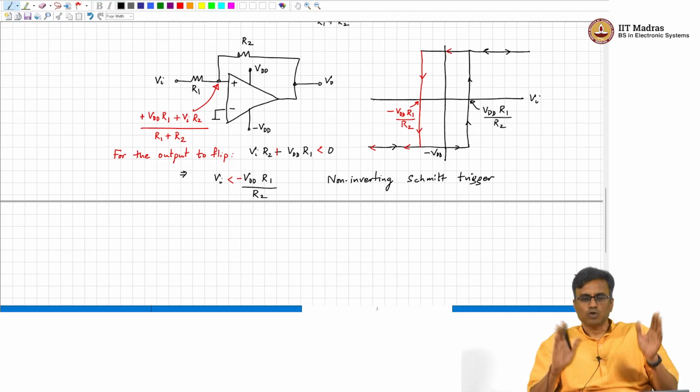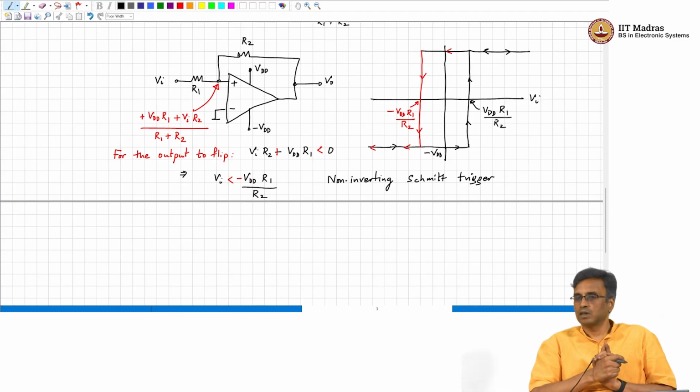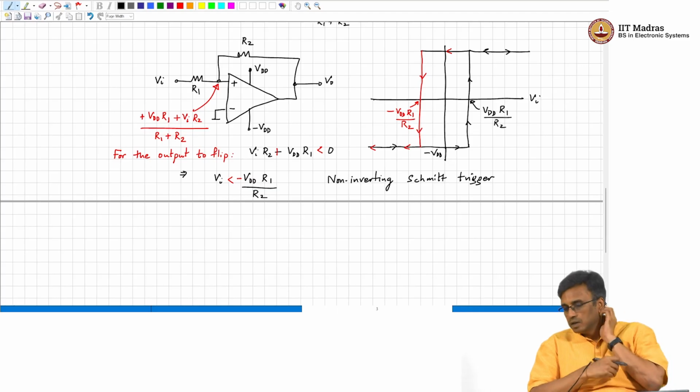Okay. And this also exploits positive feedback, and is equivalent to taking an inverting amplifier and just flipping the signs of the op amp, and you get a hysteretic characteristic, right. Okay. So,